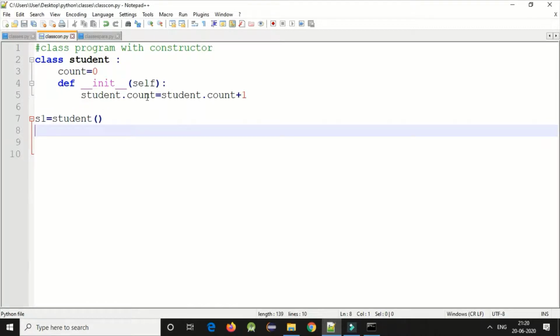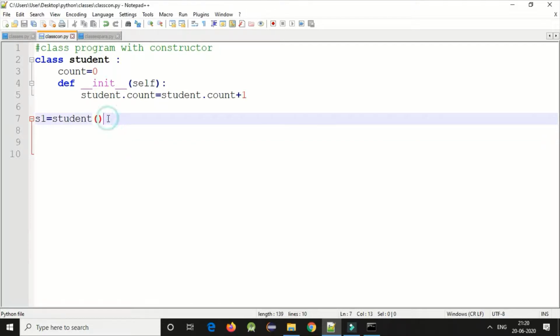Now I want to print this value. It is an auto increment program, so it will increment the number.